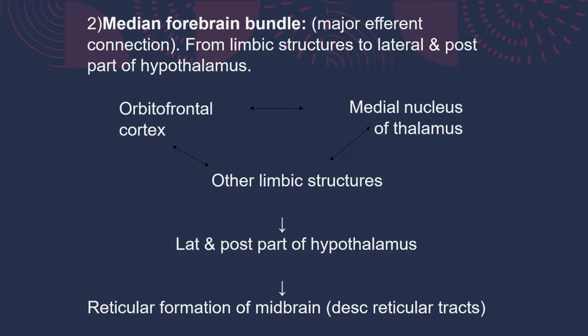So the next one is the medial forebrain bundle, which is a major efferent connection. After the Papez circuit, the next one is the medial forebrain bundle, which is a major efferent connection from limbic structures to the lateral and posterior part of the hypothalamus. So this is to the hypothalamus. So the orbitofrontal cortex, medial nuclei of thalamus and the other limbic structures will be giving efferents to the lateral and posterior part of the hypothalamus, which again sends fibers to the reticular formation of the midbrain, so descending reticular tracts. So this is one circuit